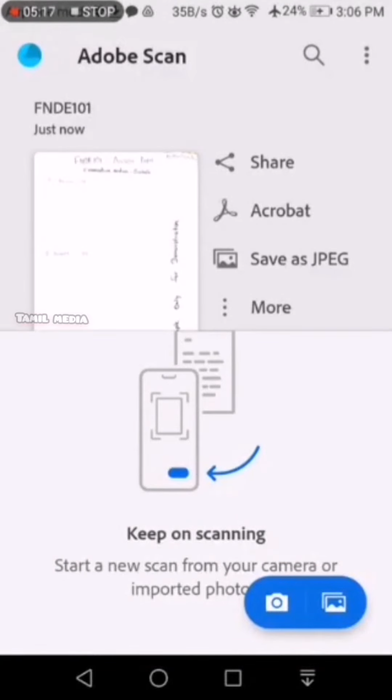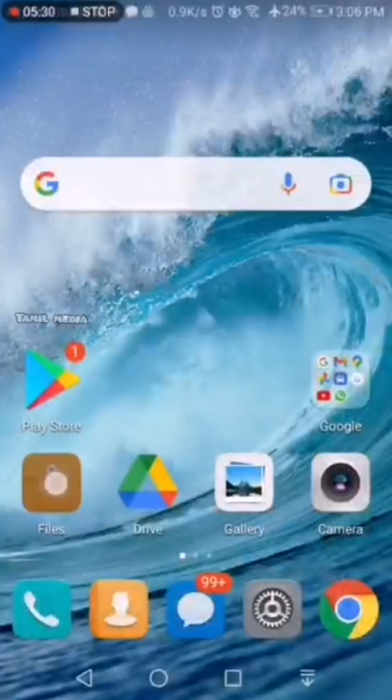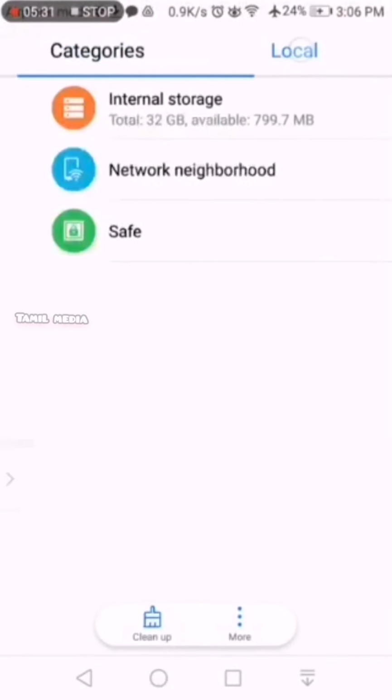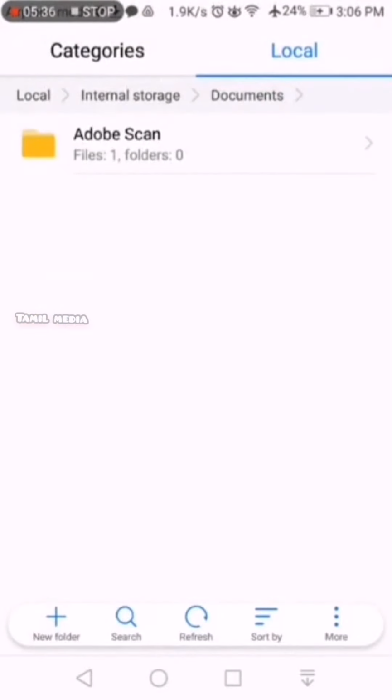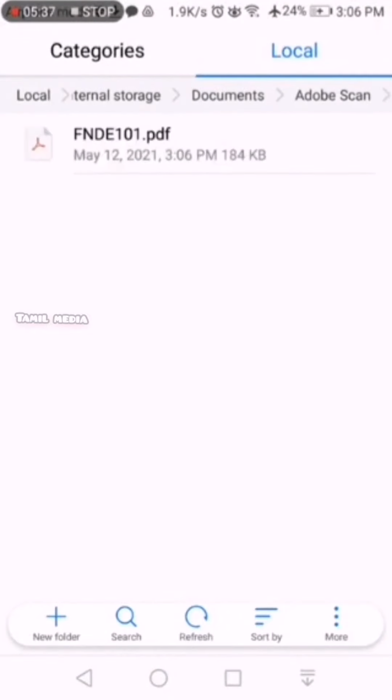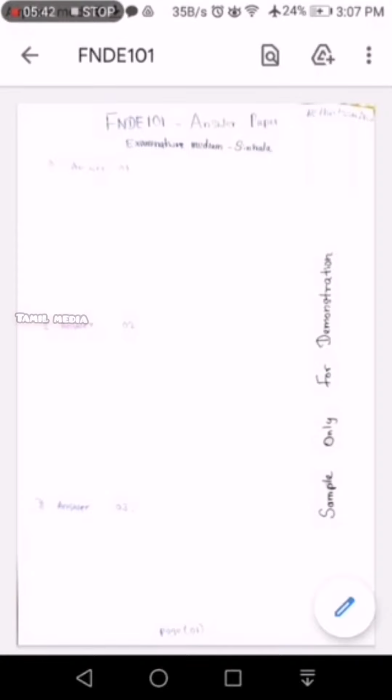When you're using Adobe Scan, your downloaded answer sheets will be available in your documents folder. So go to your documents folder and select the Adobe Scan folder. So here you can see your scanned document.